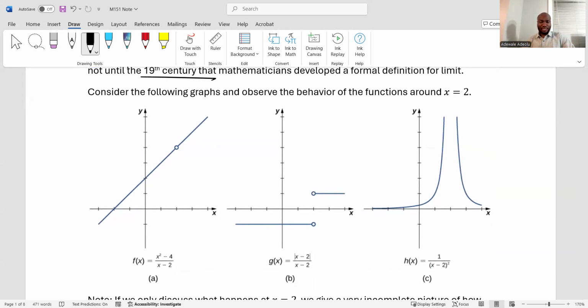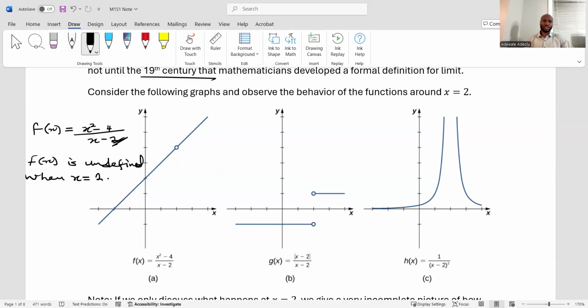In our previous math classes, we would say that this function, f of x equals x squared minus 4 divided by x minus 2, is not defined, that is, f of x is undefined, when x equals 2, because that will make the denominator 0 at that point. However,